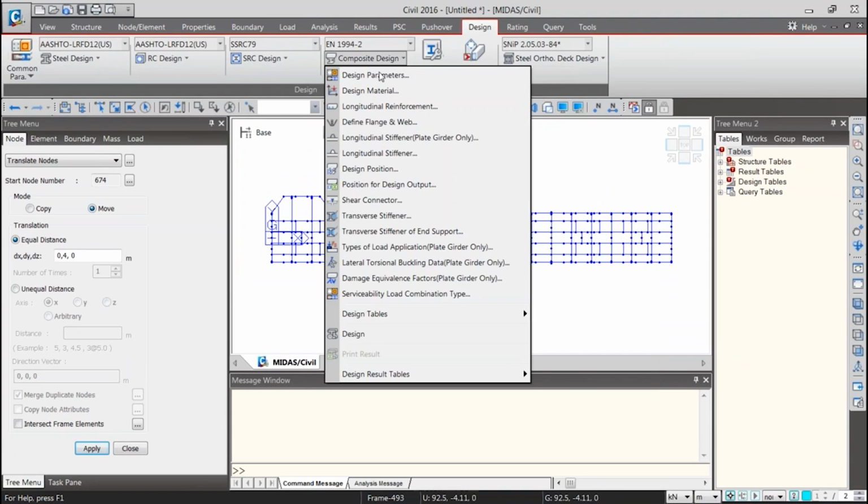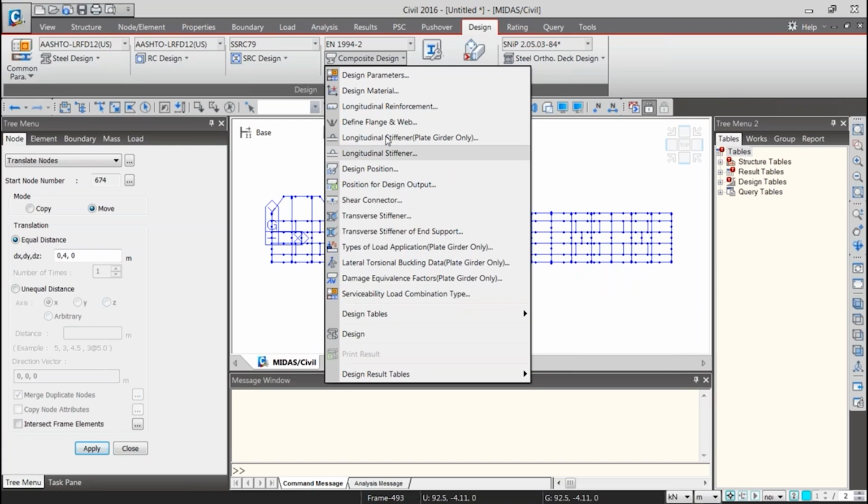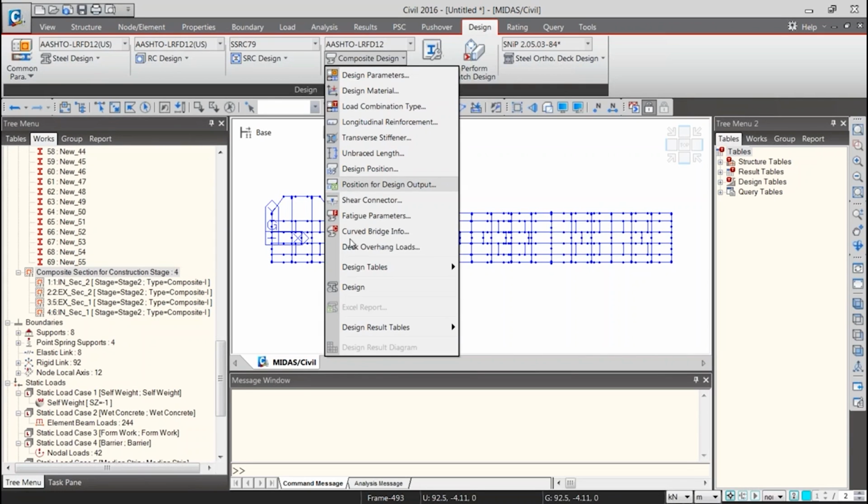If you go to design, composite design, there is an option somewhere here, Steel Composite, sorry, go to Steel LRFD. Yeah, so you can see here. You can give the information about the curved bridge, and it will automatically include the effect of it in the design.